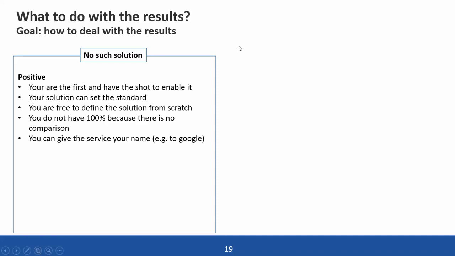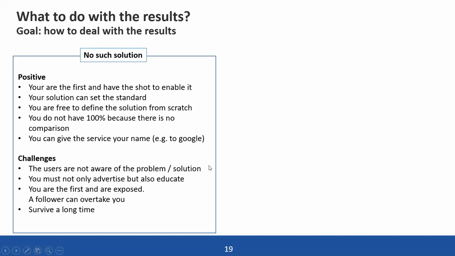You can set up the solution. You are free to design it. You're 100% free. You can give it your name. You can really be the first to step on it. But the most difficult challenge is that the users are not aware of a problem or a solution that they need. And this is a really tough thing, because you don't have only to advertise your own solution, but also convince the people that the problem they have must be